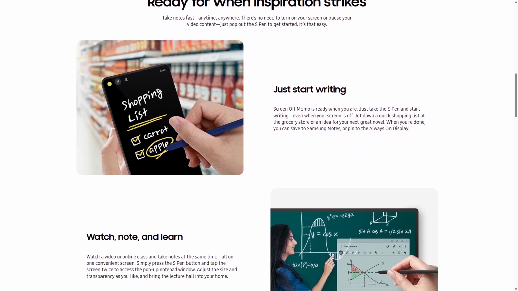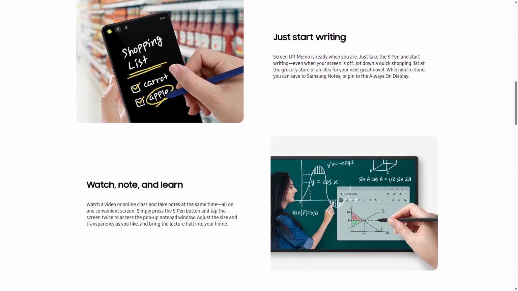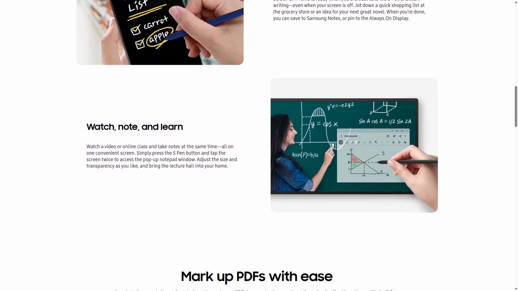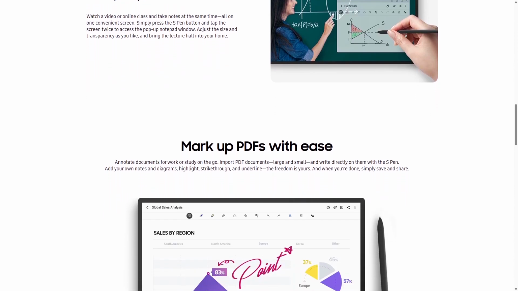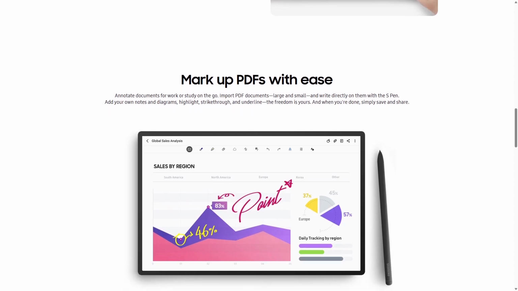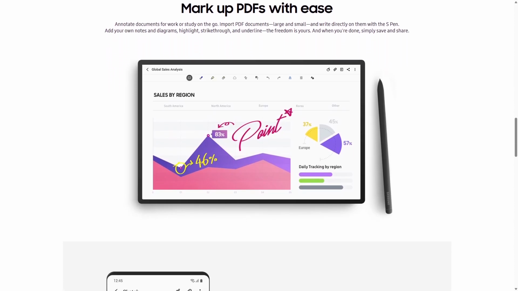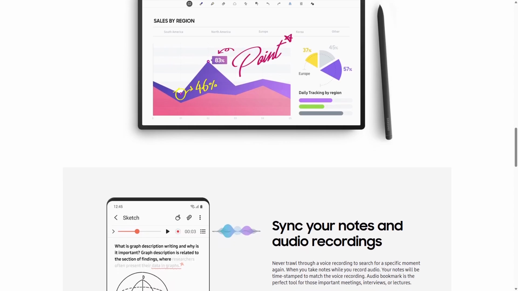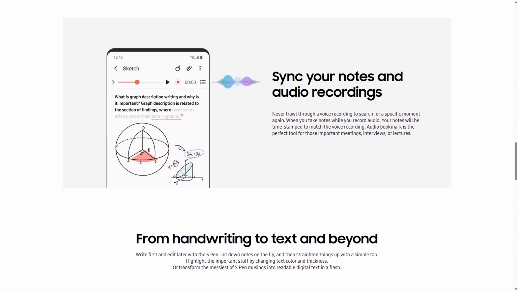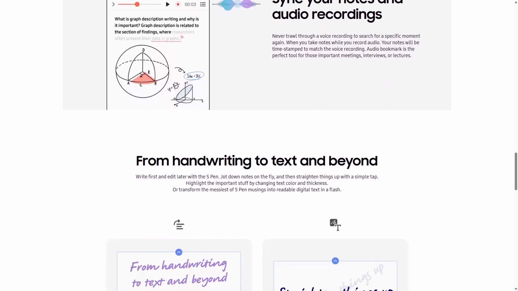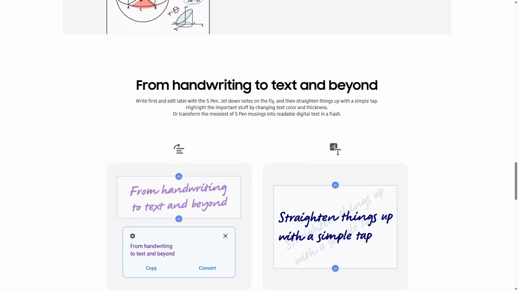Samsung Notes also offers synchronization across Samsung devices, ensuring your notes are always up to date. However, its limitations include a lack of cross-platform functionality, making it less ideal for users who switch between different operating systems. Samsung Notes is perfect for individuals who are deeply embedded in the Samsung ecosystem and prefer a straightforward note-taking